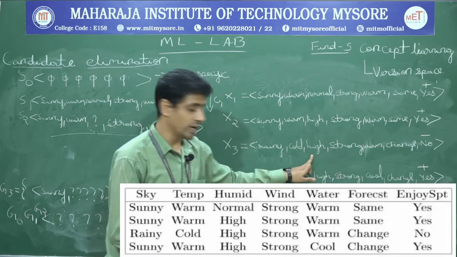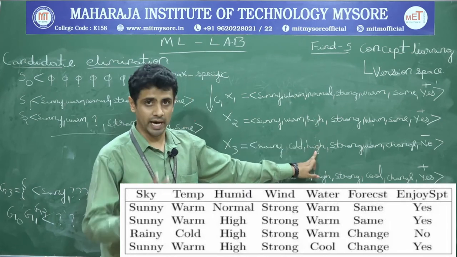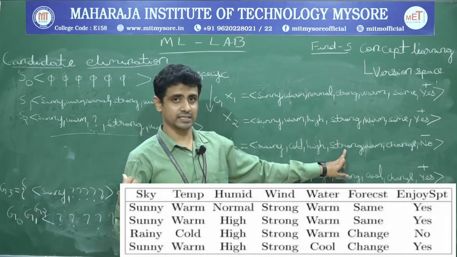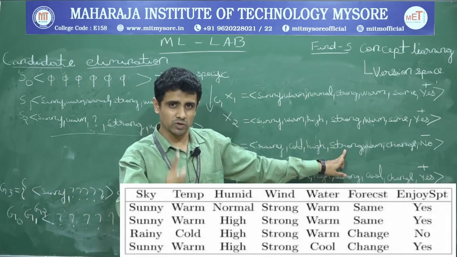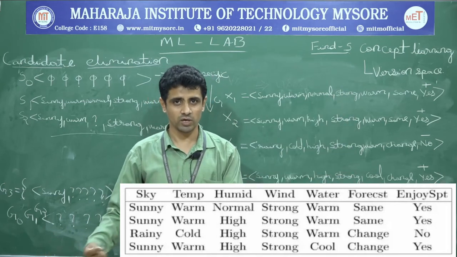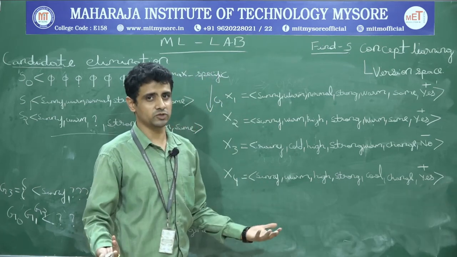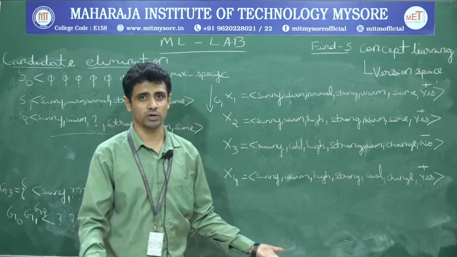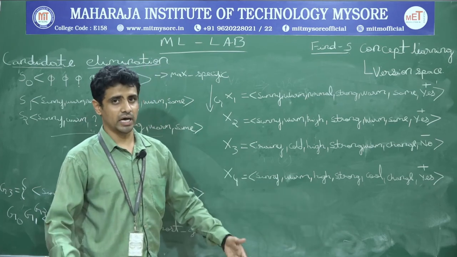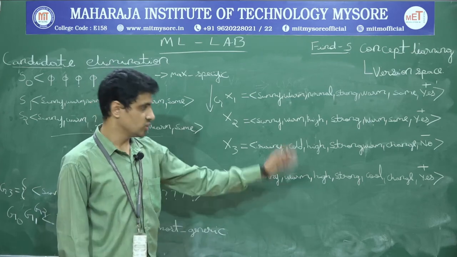See, it's a good example. We have both the cases. One, all the possible values can be taken for this third attribute, high as well as normal, so I need not write it in the generalized one. Another case here is only one attribute value. Strong is the only attribute value for this fourth attribute, so again, you need not generalize it. Whenever you give a positive example or a negative example, it doesn't matter to me with the value of the fourth attribute, because it is always strong for both positive as well as negative. So the fourth attribute doesn't affect the classification of positive or negative examples for me through candidate elimination. So I won't write it again.